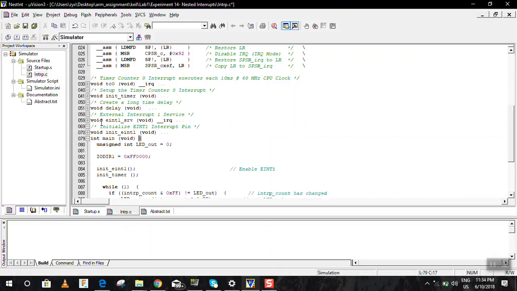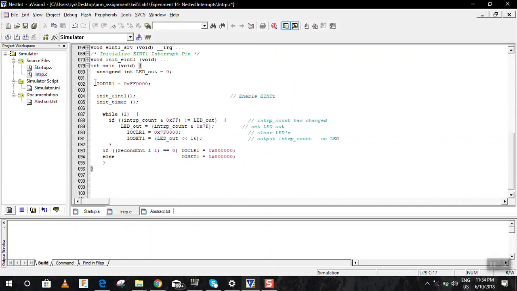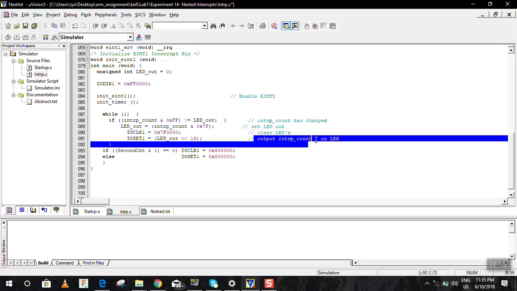And moving towards our main program, as we can see, we have first decided our input output direction, port number 1, and to enable, and then we have enabled our external interrupt, and then we have the interrupt count changed in this while loop, and then we have set our LED output, and then cleared the LEDs, and the output of our LED